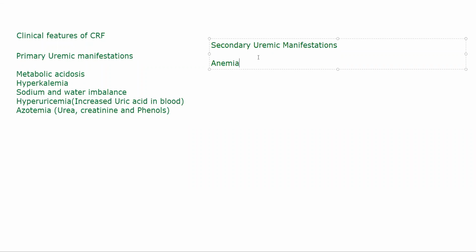Erythropoietin is essential for formation of red blood cells, right? Formation of hemoglobin and formation of red blood cells. If you do not have enough erythropoietin in your blood, specifically because of kidney damage, erythropoietin is not formed. Because erythropoietin is not formed, ultimately the patient will have anemia due to damaged kidney.